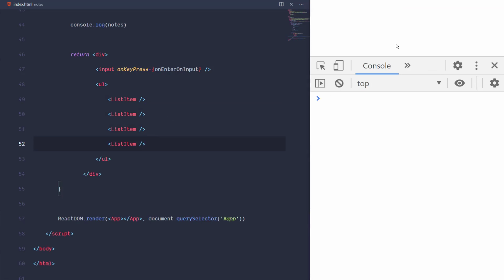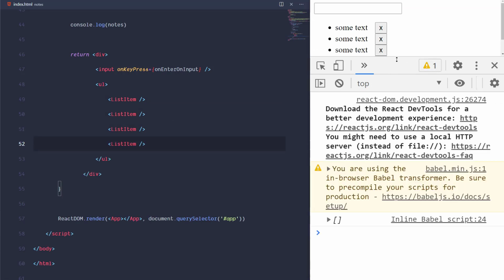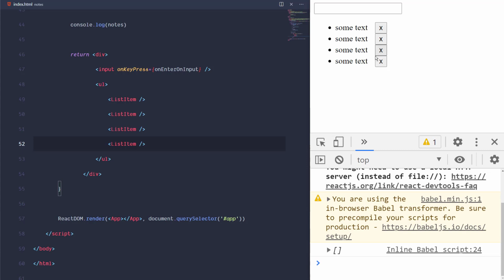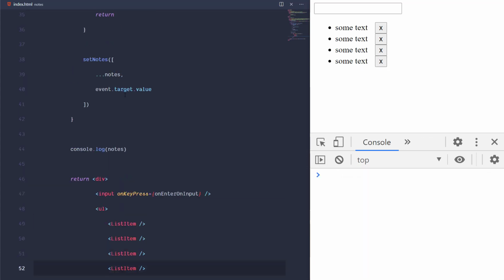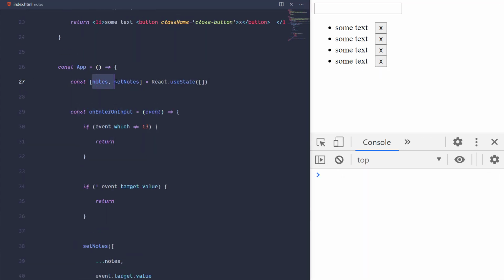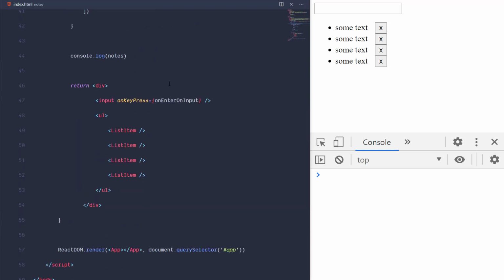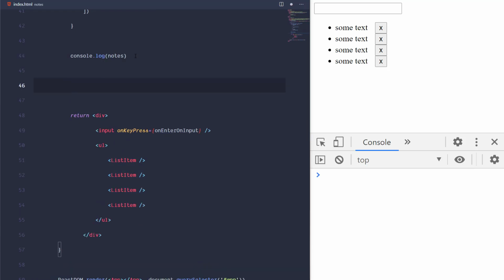I can duplicate this, refresh. Great, we have it multiple times like that. Okay, so for each note in our notes array, we want to display a list item. Does that make sense? So what we are going to do is say constant list items